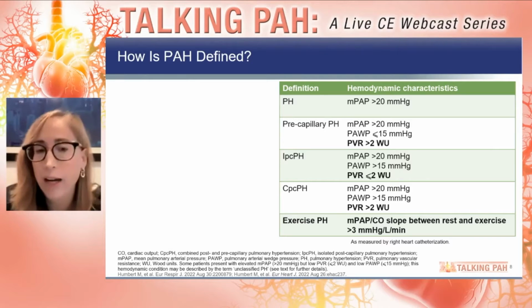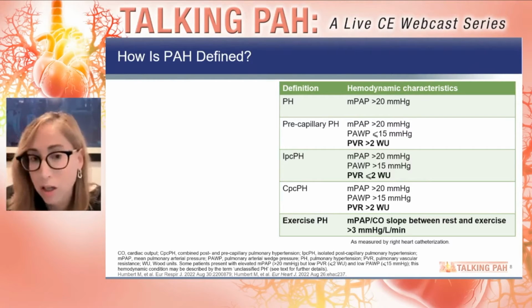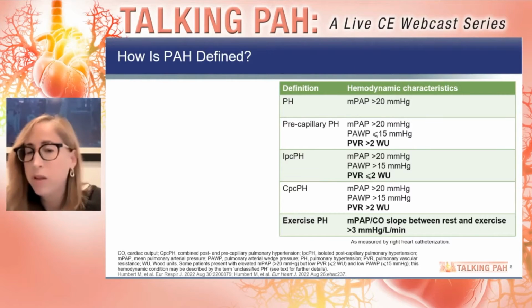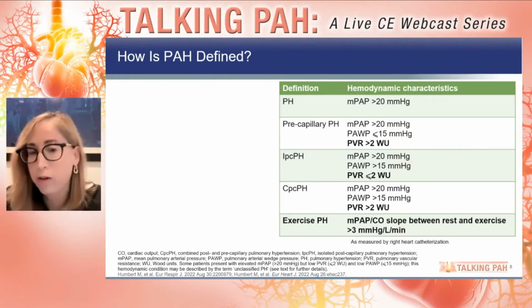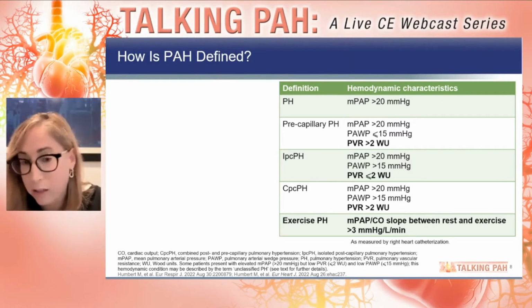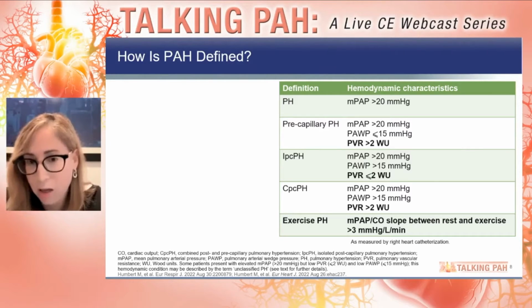So how is it defined? So as I just stated, the pH for precapillary, it's a mean greater than 20. And for all of our definitions now, irrespective of the actual grouping of the pulmonary hypertension, which category it is, the mean is 20. For precapillary, it's less than or equal to 15 for the wedge. And the PVR has now, based on the European guidelines, dropped to greater than 2. And that's a whole another debate, but it previously was greater than 3. And really what we're looking for is vascular injury and vascular health,